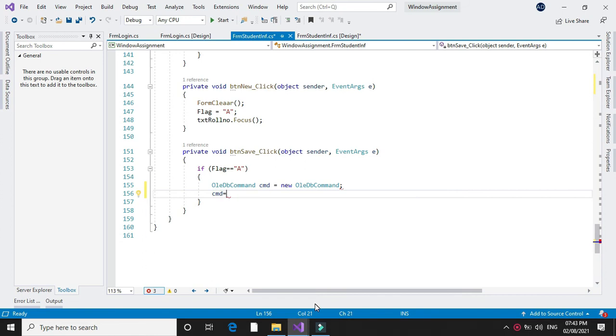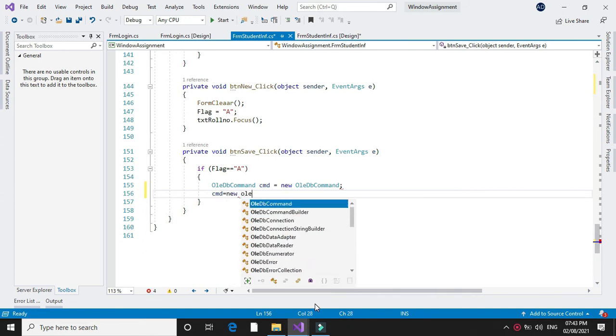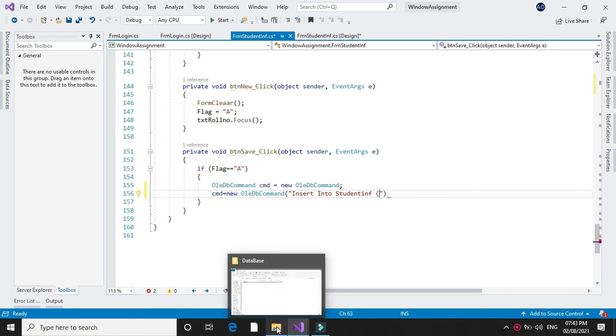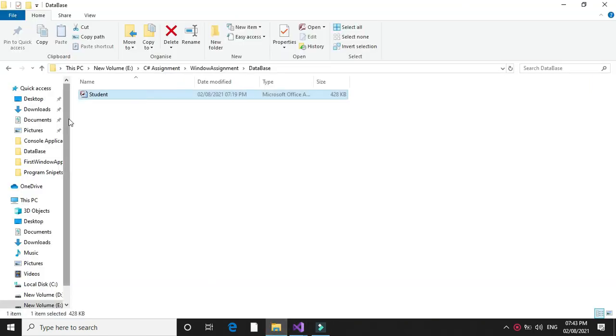So cmd equal to new OleDbCommand, and here we will write the insert statement. So insert into our table name student INF and the field names that we are going to insert. So I will open here database.